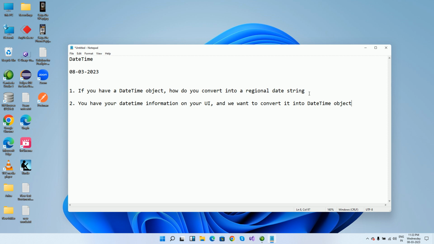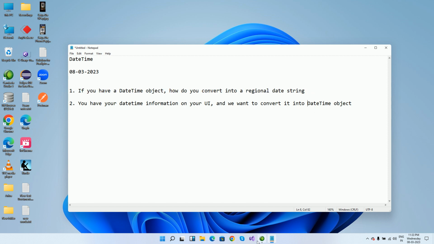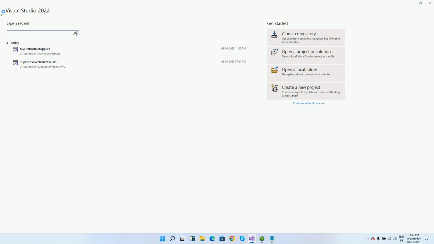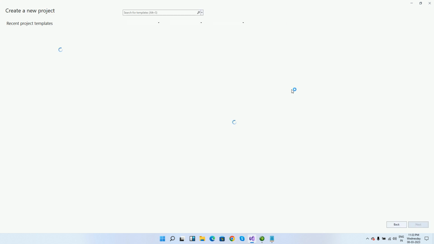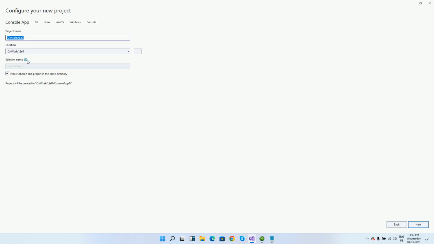So without wasting any further time, let me start Visual Studio and show both of these one by one. Let me start Visual Studio and create a new project. I'm going to create a console application project, click next. I'm going to name it date time format demo. Go and click next. I'm going to be using .NET 7,